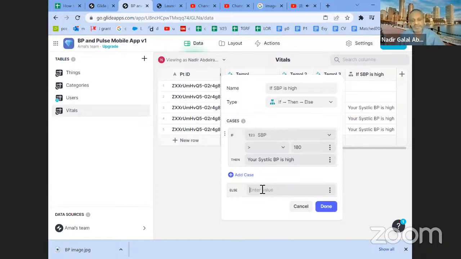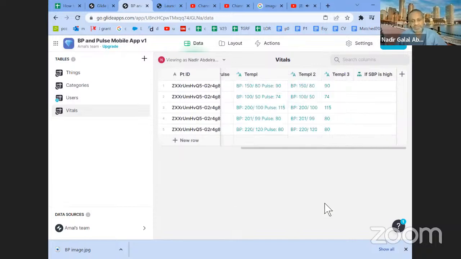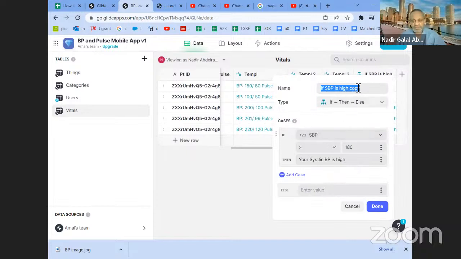Otherwise, leave it empty. So I'm gonna just click done. So whenever there is a blood pressure that's high, systolic, this will go up. And I can duplicate that